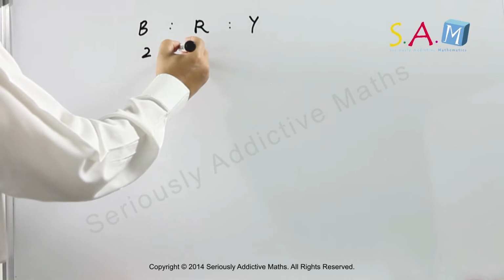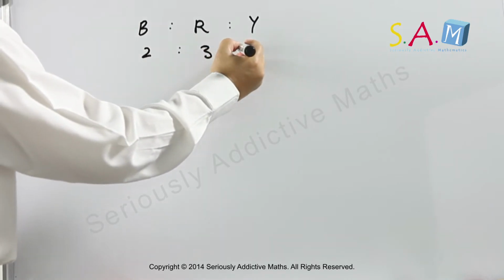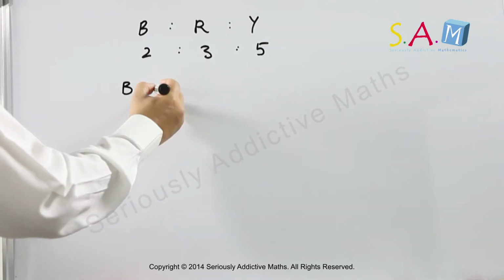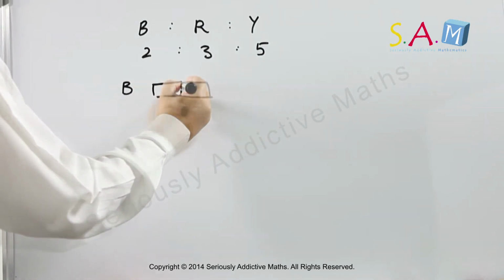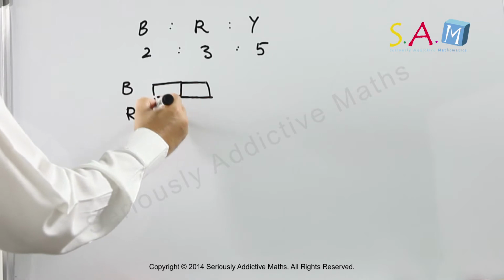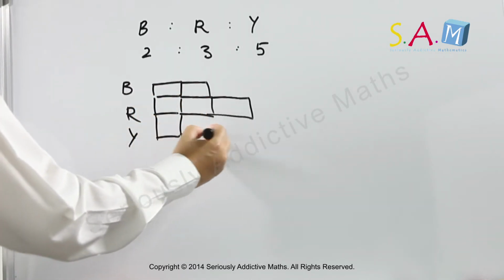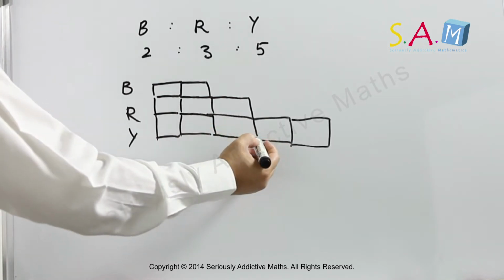2 to 3 to 5. We can also show this by models. So blue would have 2 units, red would have 3 units, and yellow would be 5 units. And we're told that there are altogether